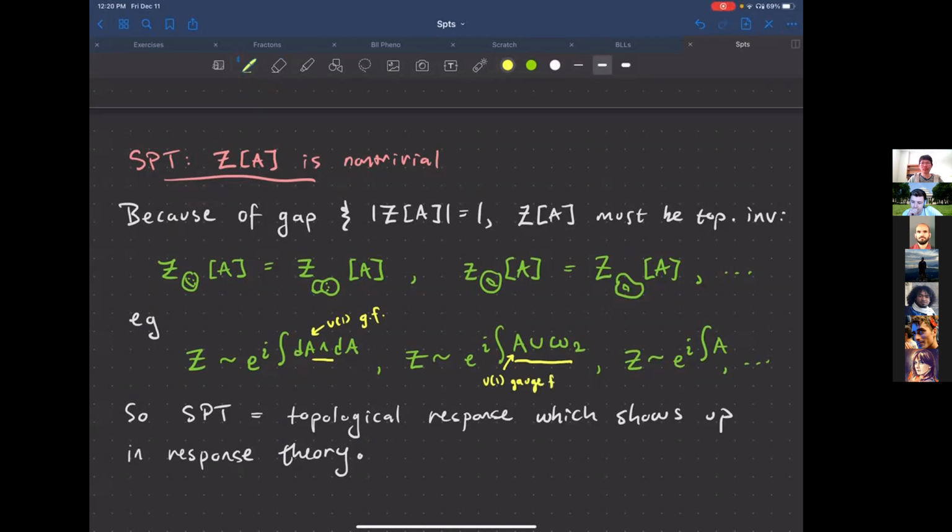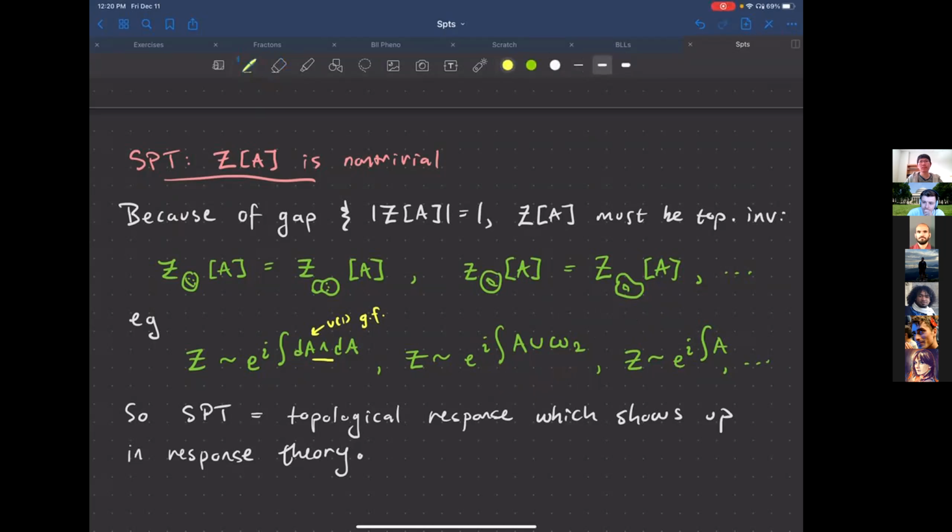And then there might also be some other, I'm not going to explain what this is, but this could be some discrete data of the manifold. So maybe, in addition to U1 symmetry, there's some other discrete symmetry, time reversal or something like this. And then other kinds of topological invariants can enter. Anyway, the point is that